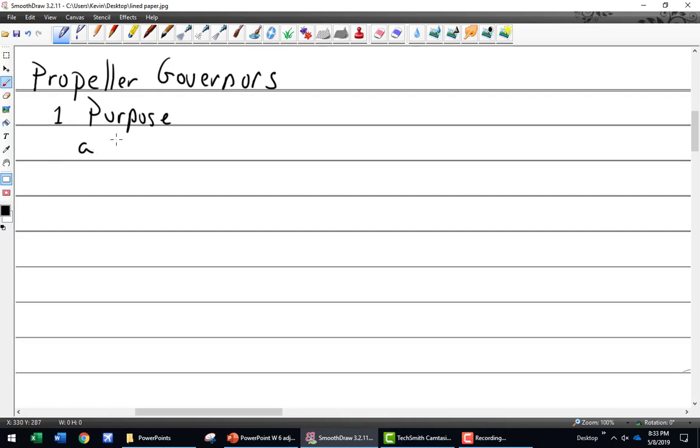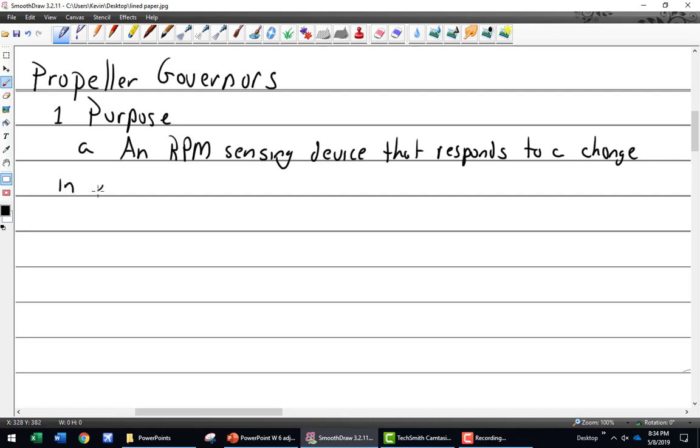All right, so what is the purpose of a propeller governor? It's an RPM sensing device which responds to a change in engine RPM by directing oil pressure to or from a prop to change the blade angle. So an RPM sensing device that responds to a change in engine RPM